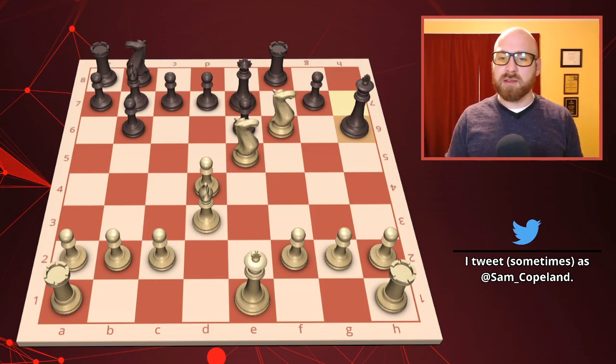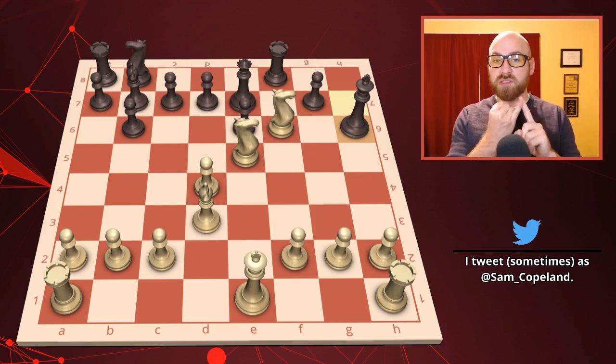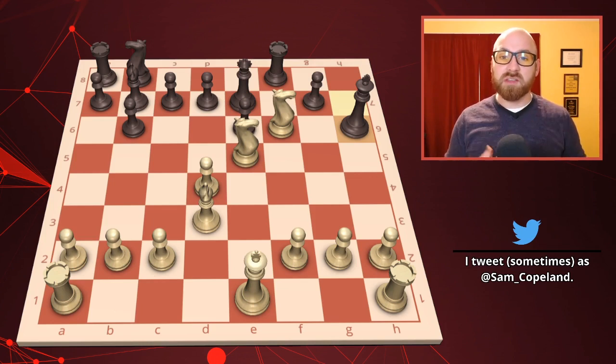But to calculate combinations like this, what you really have to do is focus on the forcing moves. That's usually checks and captures. Now, in this particular case, we've given up a whole queen for a knight, so we're really focused on checkmate. We can't settle for winning some material back. So we're going to be focused specifically on checks, and specifically on checks that are driving the king into a position where we can checkmate him.